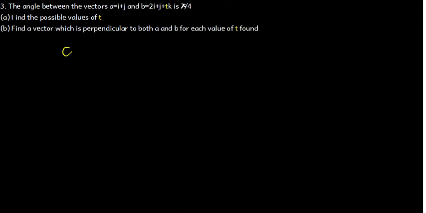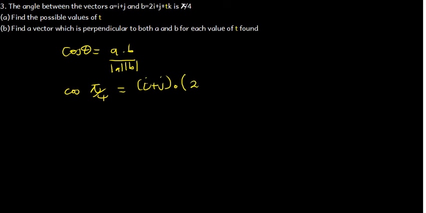Now we know that cos theta from the dot product is a dot b divided by the magnitude of a multiplied by the magnitude of b. And so we have cos theta here is pi over 4, and that should be equal to a, that is i plus j, and then dot b, that is 2i plus j plus tk, and then divided by their